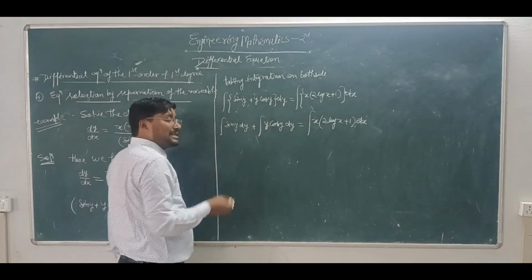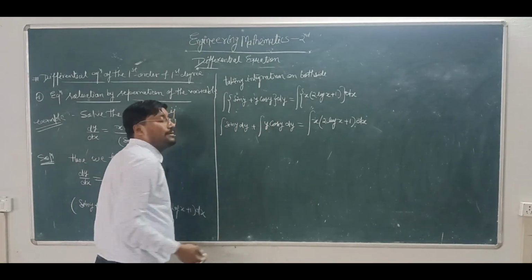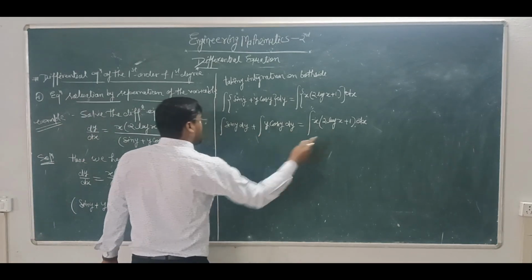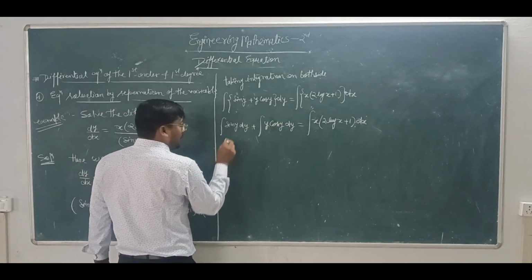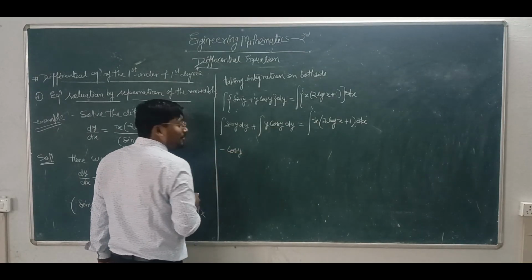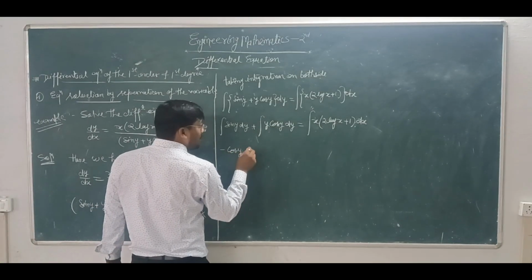This is a single function integration, this is a double variable integration. First and second. Now you can write the integral of sin y is equal to minus cos y plus